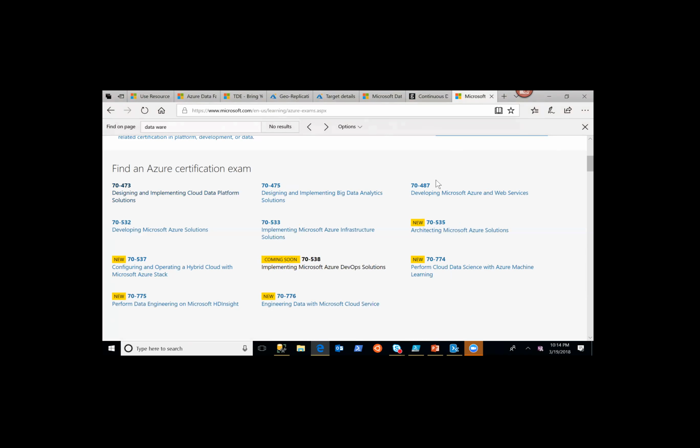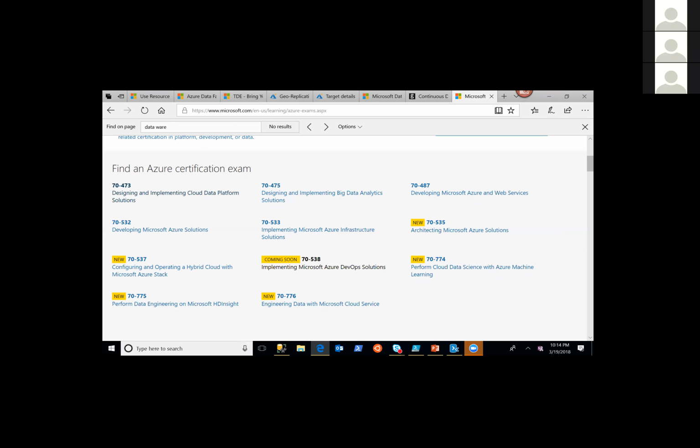So make sure you get that clarified. DMA is your assessment tool, and there is Data Migration Service which is used for actual migration. These are two separate things. But for assessment, that is the only tool which I am aware of from Microsoft. I'm not aware of any other tools which might be available in the market, but I think DMA is the popular one.